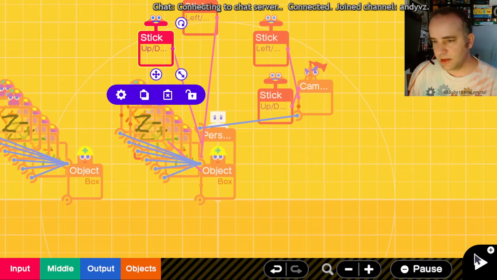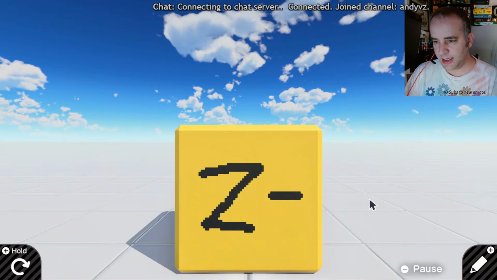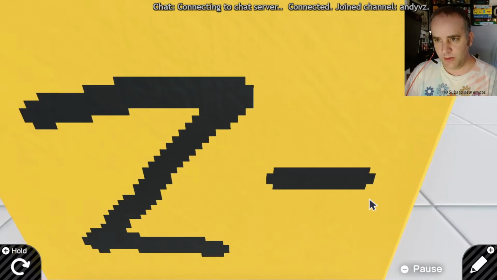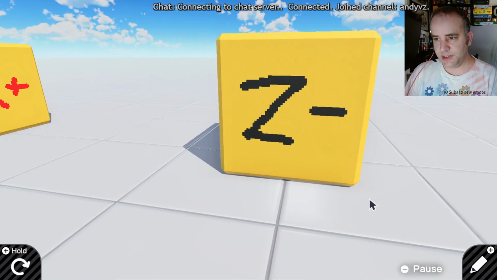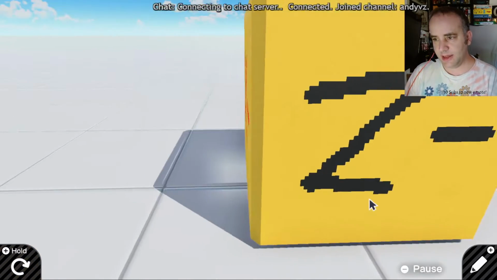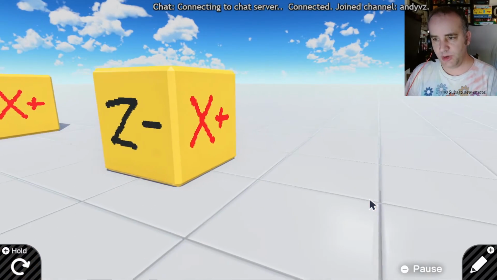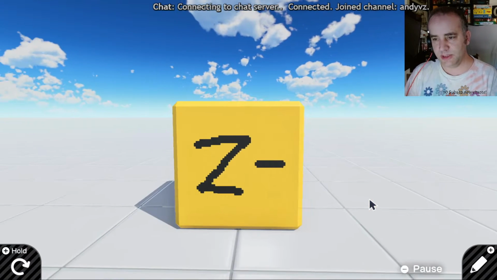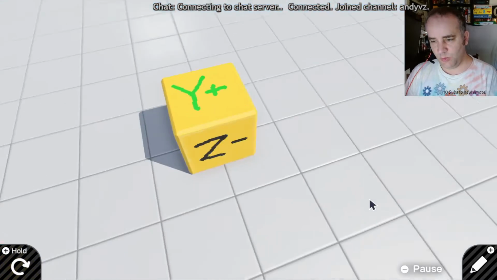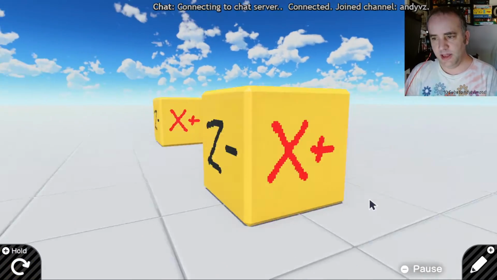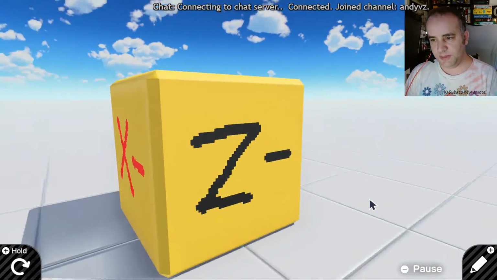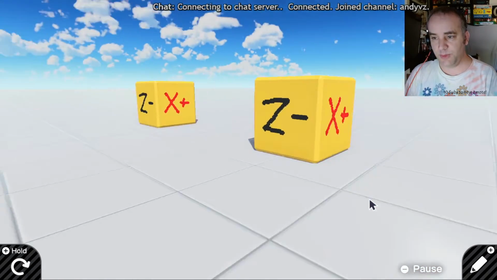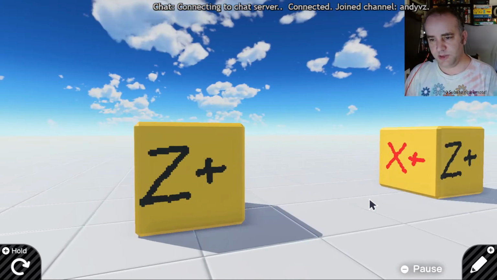Okay, we got a simple visual here with a box with labels on all the sides. So whenever you make something, it starts out in this orientation with the Z minus pointing towards the camera, X plus pointing towards the right, X minus pointing towards the left, and the Y plus pointing up, Y minus pointing down. So they're obviously on opposite sides from each other. So the Z minus points towards the camera or moves towards the camera, whereas Z plus moves away from the camera,